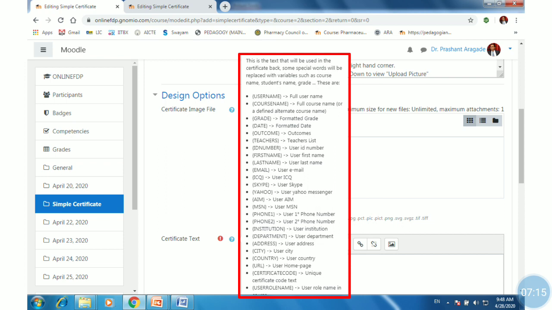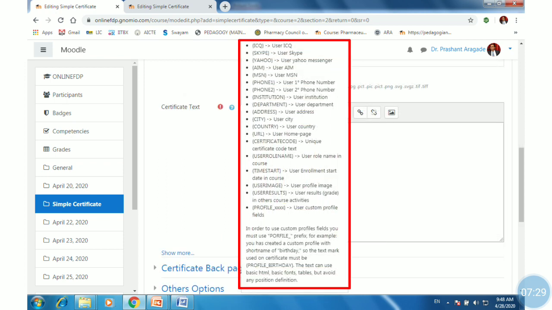In curly brackets you have to mention it in capitals. If you want to insert a username, you have to write the word USERNAME in capitals in curly brackets. Likewise, they have given the whole list which we can incorporate into our certificate.